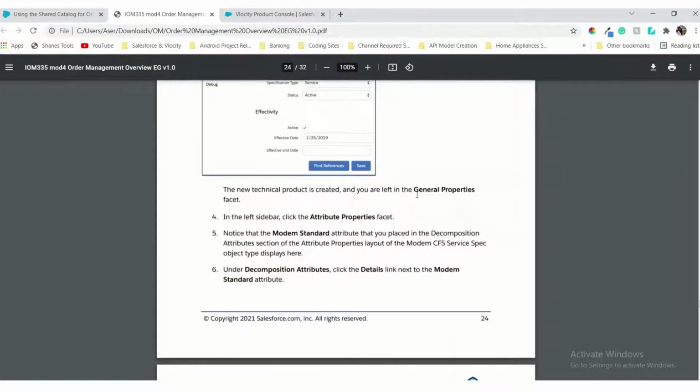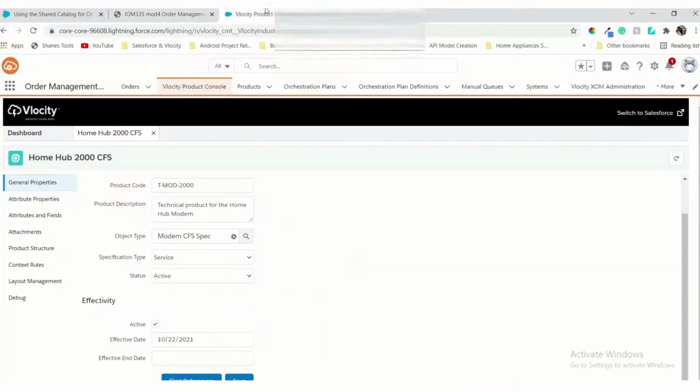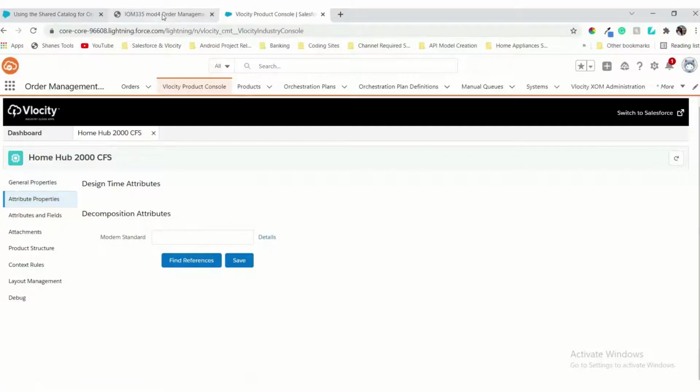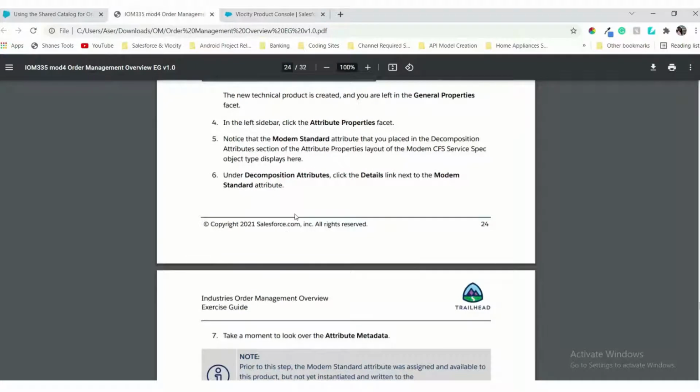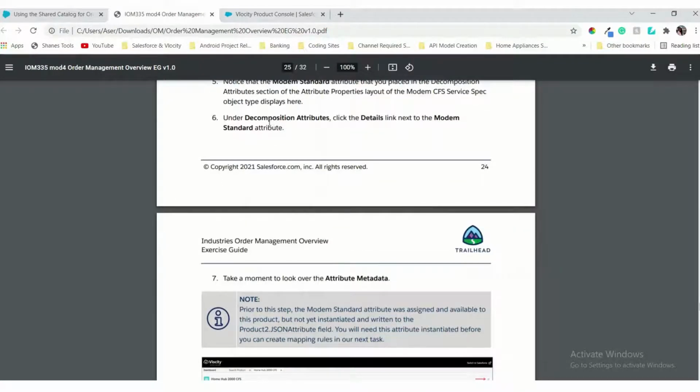Now leave the general tab. Okay, now we have to move to the attribute property. In the tab, leave this general property, and in the attribute property we have to go. Now you can see this attribute we made in the first task, right, at the top, and then we added this one into this product and then to this one. Okay, the same thing they are saying in the fifth one that I already told you.